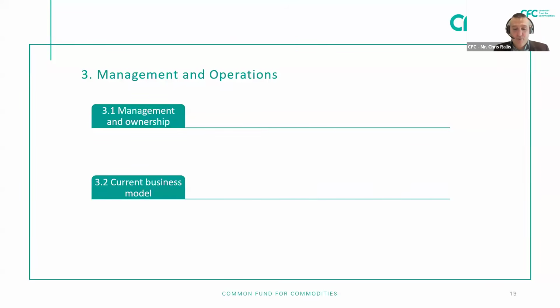In section 3.2, current business model, and here it becomes more interesting for us, what we need is a high level description of what the company does. Now, here, please assume that we know nothing about you and nothing about the value chain or the sector that you operate in. In principle, you are the expert in your commodity, in your value chain, in your line of work. So please start from the basics.